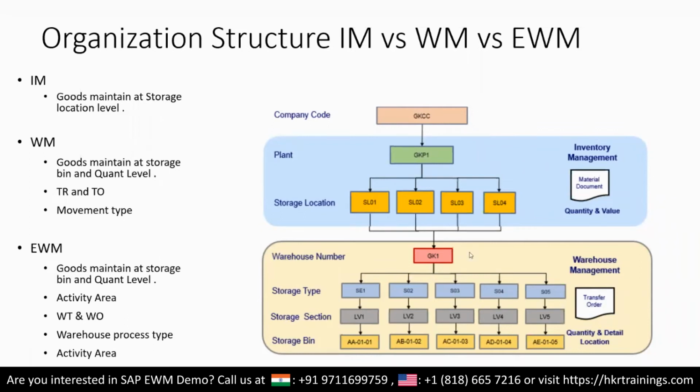And within the warehouse, as I said in my initial slides of the demo, the warehouse is segregated into different storage types. One storage type could be for your electrical equipment, one for your chemical equipment, one for your wiring equipment. So you have segregated the entire warehouse into different storage types where you are placing the material. Within the storage type we have different sections. A section could be based on the material type, or on low, medium, high within the storage type,